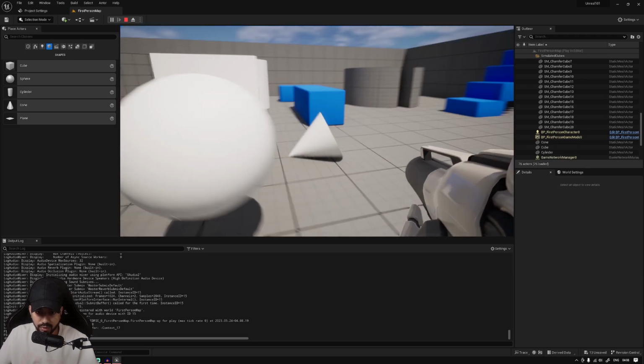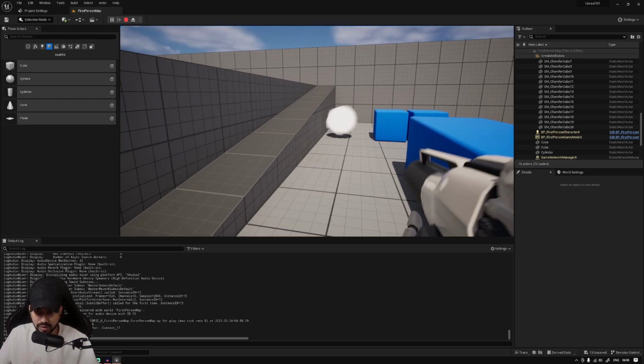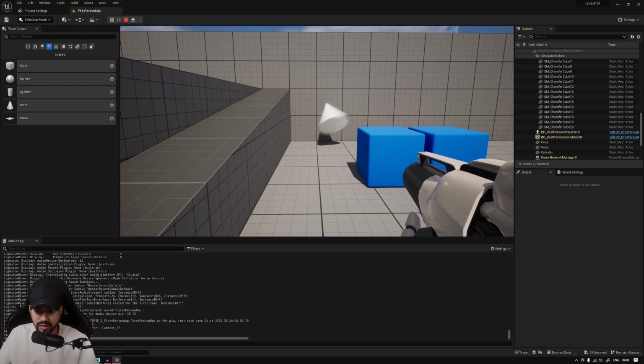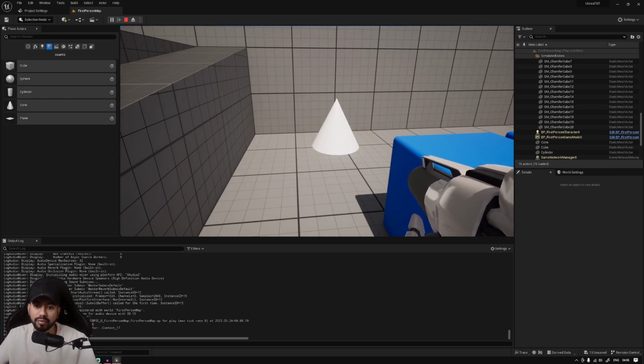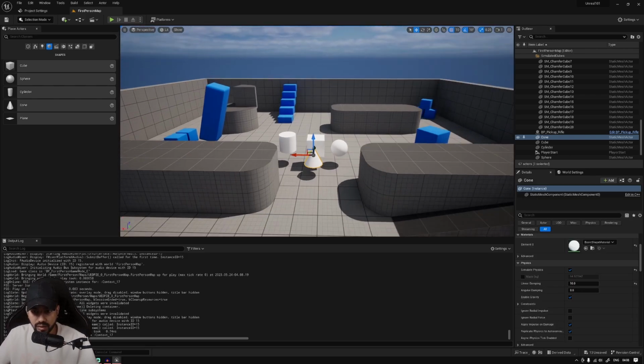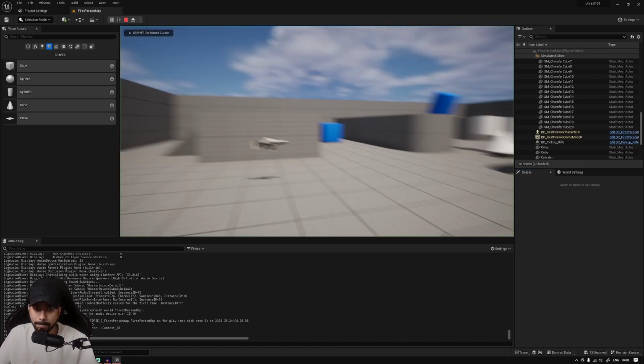Now if you try to hit this cone, it's not moving as much because there is a lot of linear damping. Its linear motion is slowed down because of the damping factor. Now let's select the cone again and let's increase its angular damping also to 10. So you saw that cone was rotating heavily. If I set its angular damping to 10 and its linear damping to 10 and play the level,